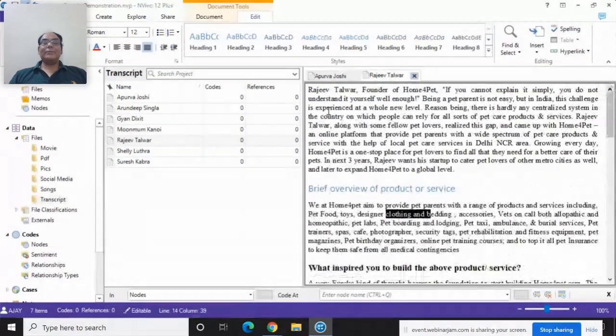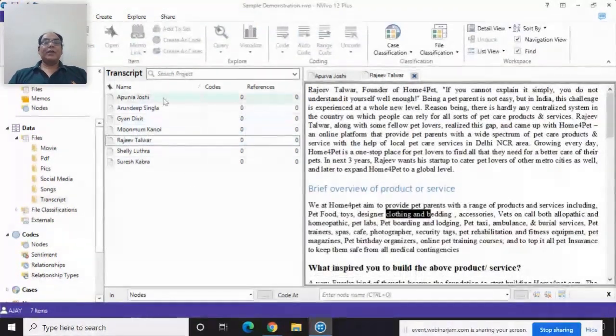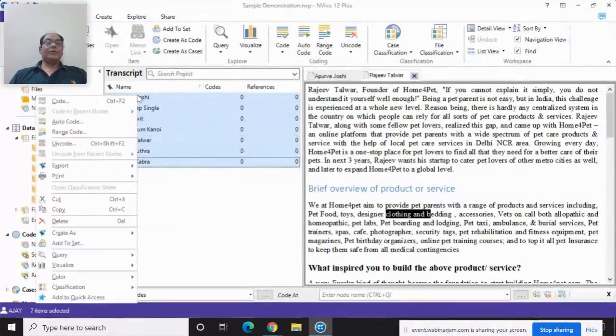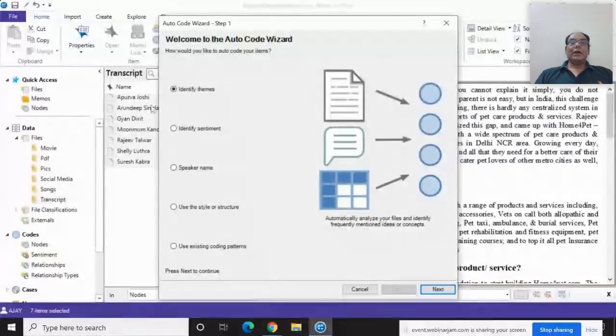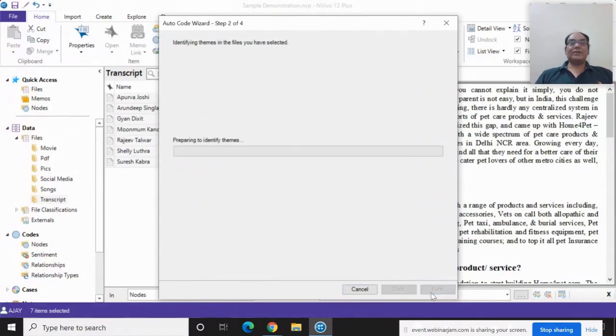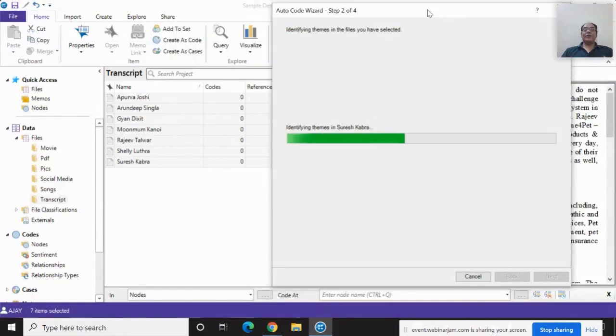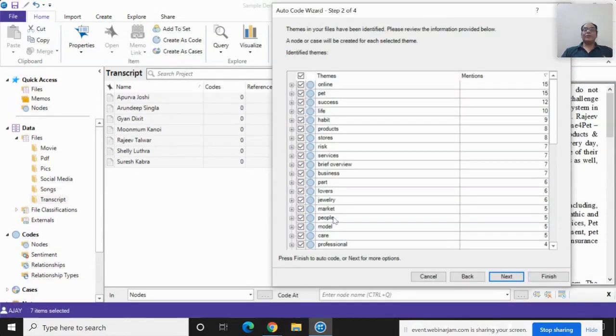And suppose I want to identify the automatic themes from these files, I can click on the auto code option, the automatic coding option, and I have this option called identifying the themes. If I go to the next, the software will tell you what are the different themes you can generate from these files. So these are the different themes we can identify in the files.